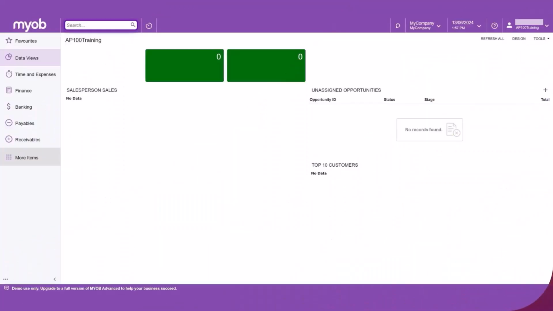In this video, we'll look at what a pay item is, review pay item types and pay item liabilities, and how to create pay items. Pay items specify the elements that make up each employee's pay. For example, weekend rates, union fees, allowances, and others. Pay items can be set up and used for multiple employees. They can also be uniquely set up for a single employee with special requirements.